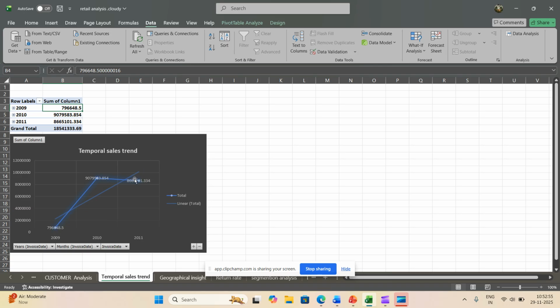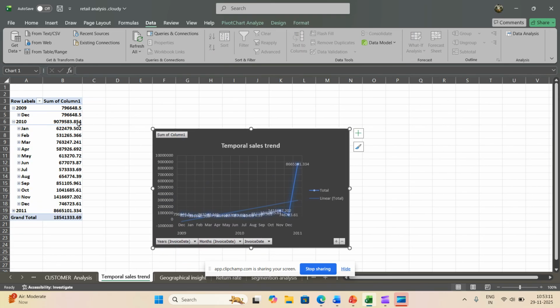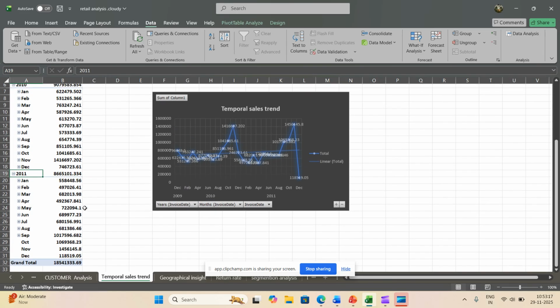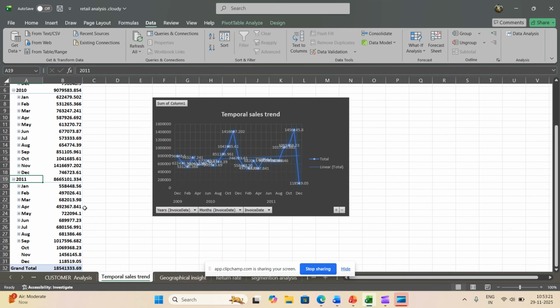That means the temporary sales trend is positive. So here is a detail value. I will show you. These are the total value according to each month and according to each year.